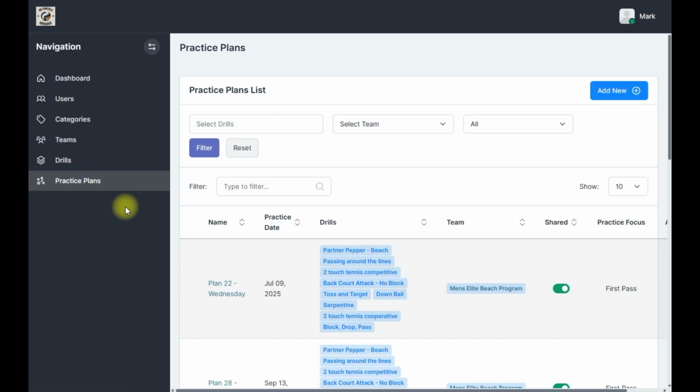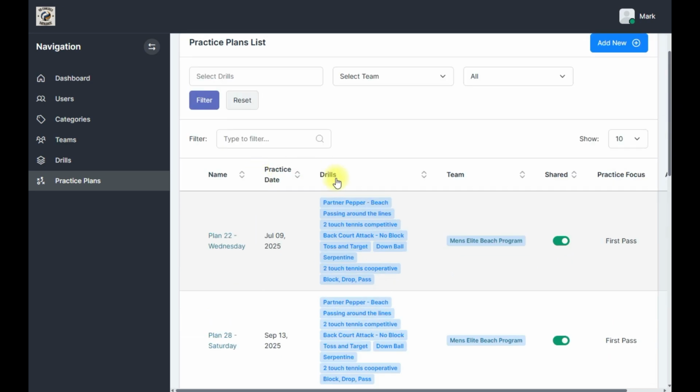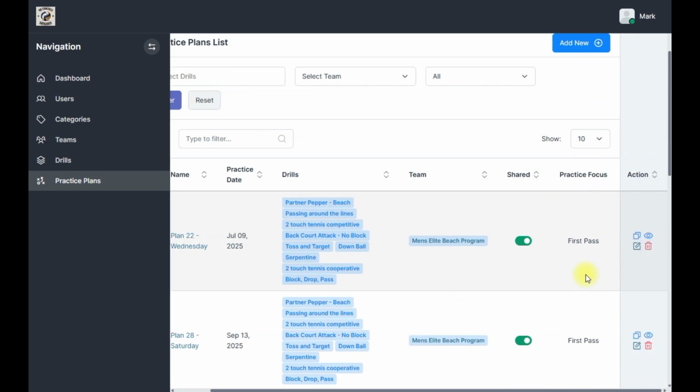So here I am in a practice plan. This shows me my past practice plans. I can sort by date, name, team, all of the titles at the top, obviously. Now, if I have a practice plan that I really like, but I want to modify it a bit, I can actually come to copy it. And when I copy it,